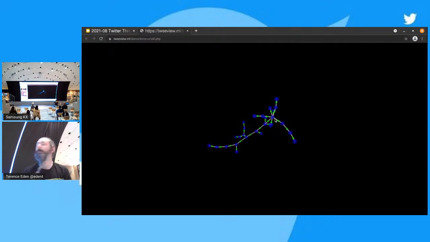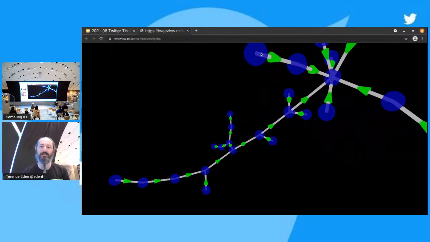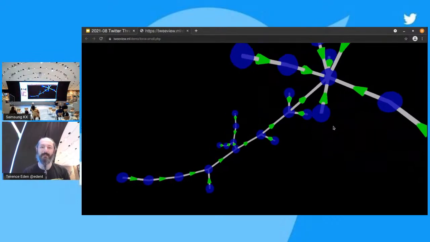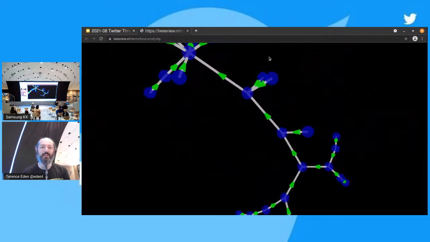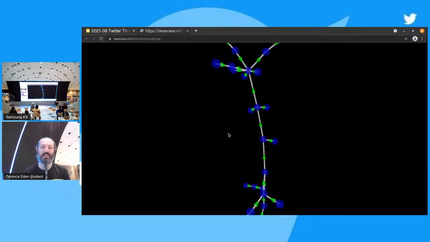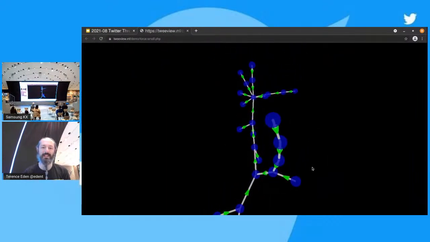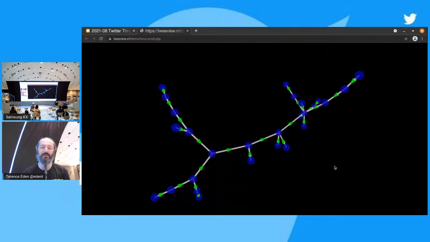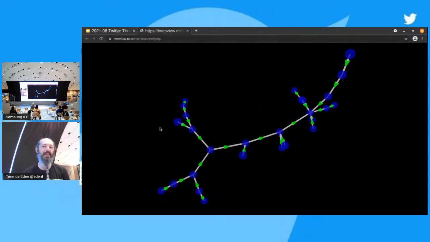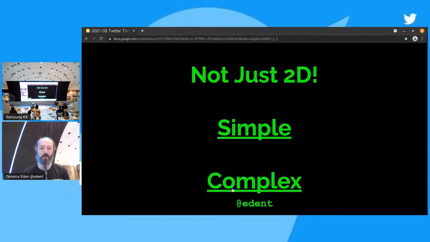So here, the blue nodes are tweets. The white lines are replies, and a little green arrow just saying that is a reply to that. And this, again, I don't think there's much metadata that you can get out of this, but it's just nice to be able to look through a tweet through a different lens and say, look, these conversations branch off like this. When we get to more complex things,